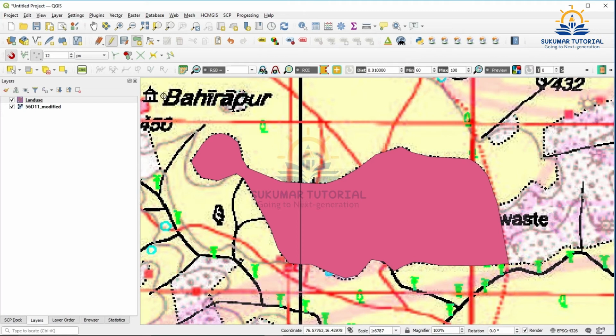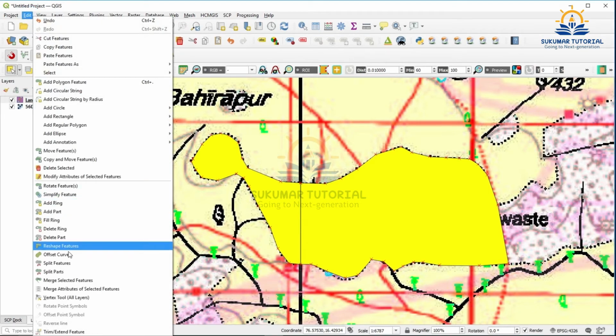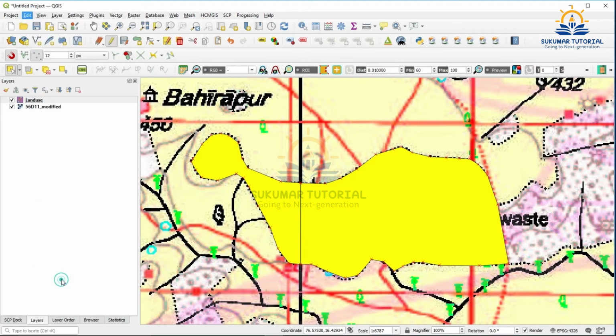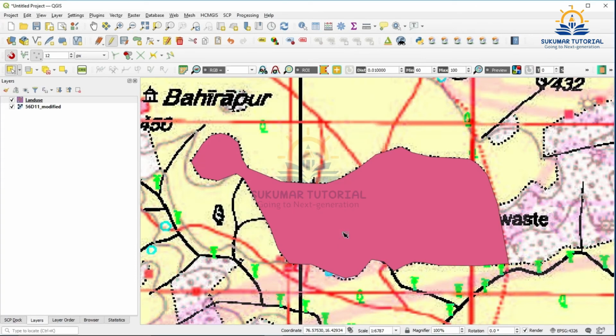So these are all 2 units. Let us see how it is there. So I am selecting, this is the 1 unit, this is another unit. So 2 units are there, segments are there, polygons are there. We have to combine it because we have done up to this point, then second part we have done this. So use your shift key, then click it, both are selected. Go to edit, merge selected features. So there are 2 polygon stony wastes. This merged become 1.